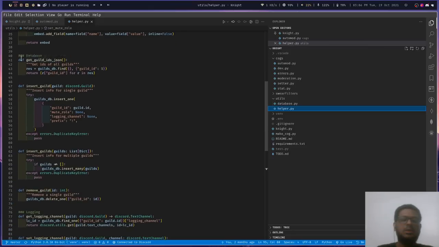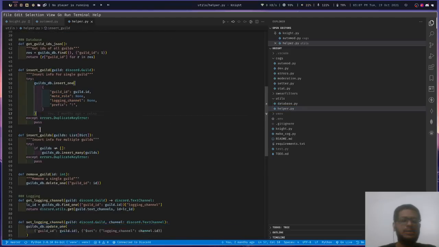Now these are all the database functions. So first is get guild IDs. This will get all the IDs of all the guilds the bot is in. Next is insert guild. Whenever the bot joins a guild, this can be used to store the guild information in the database.